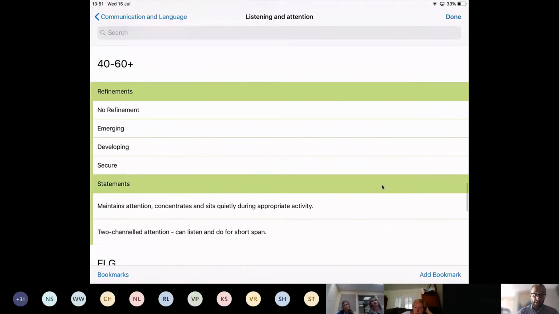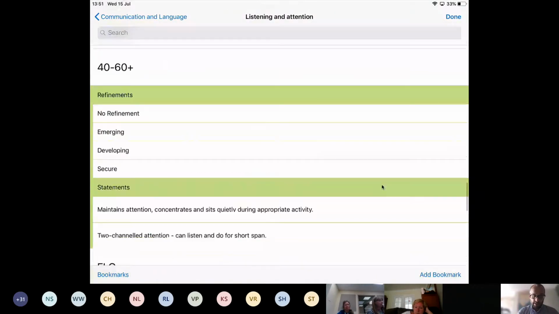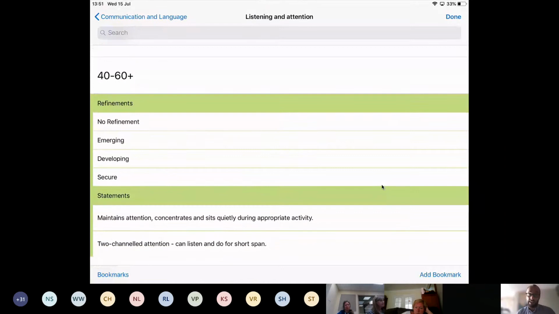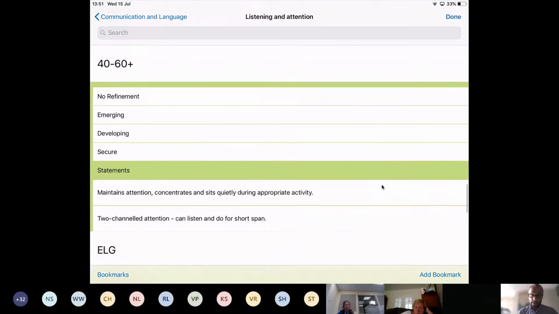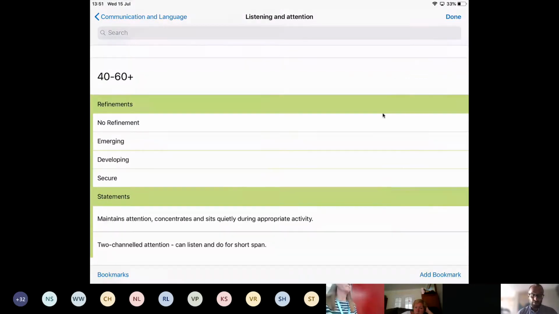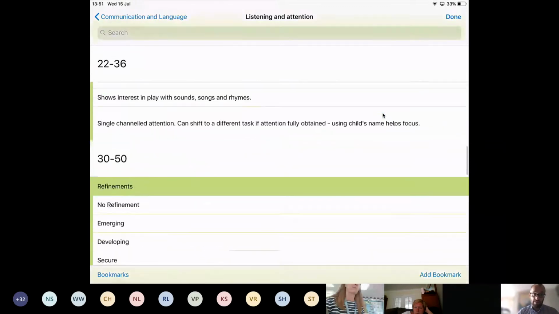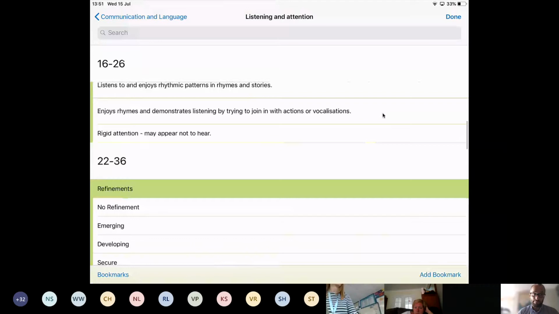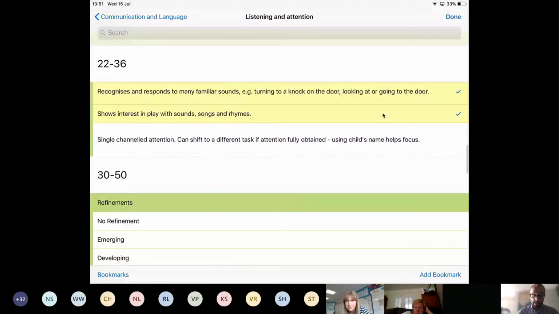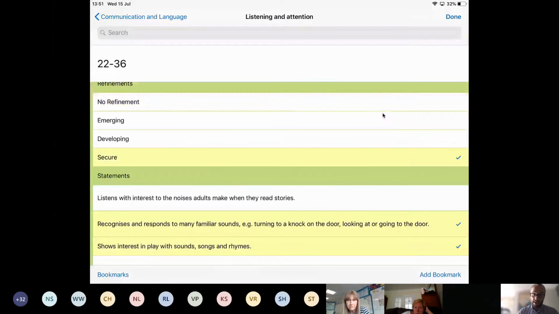If I come in here, you can see now Tapestry really needs you to think in terms of this emerging, developing and secure. I'm on 40 to 60. Someone there wants to mute, that'd be great. I'm on 40 to 60 there. I can scroll through the different age bands. Let's say I'm going to choose these, and of course these are completely nonsensical in terms of my dinosaur picture, but let's just go with that. And I'm going to go for secure on there. Now you'll see